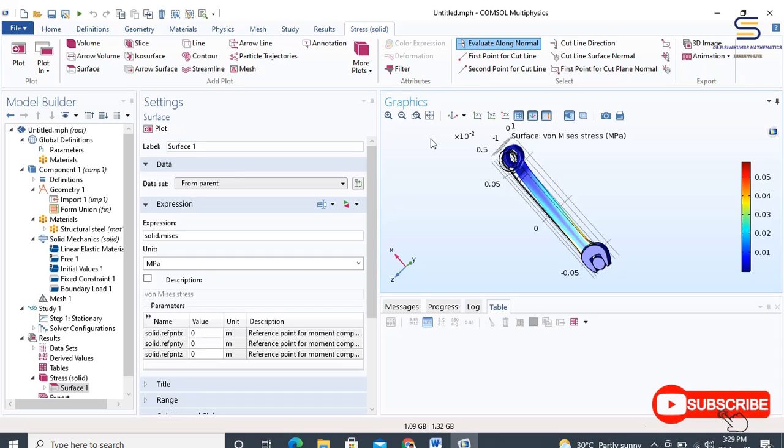let us observe the stress of solid 1. That is, now in the results right click stress solid and choose duplicate.